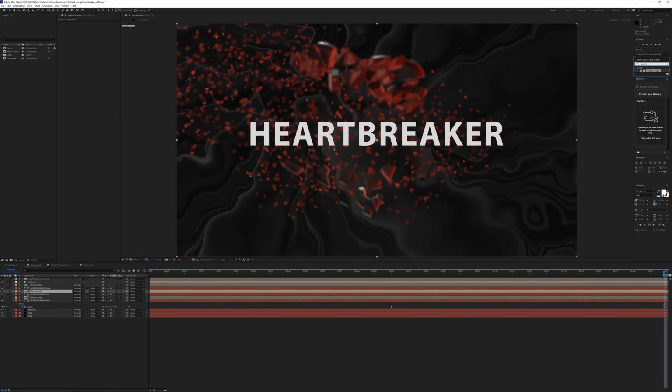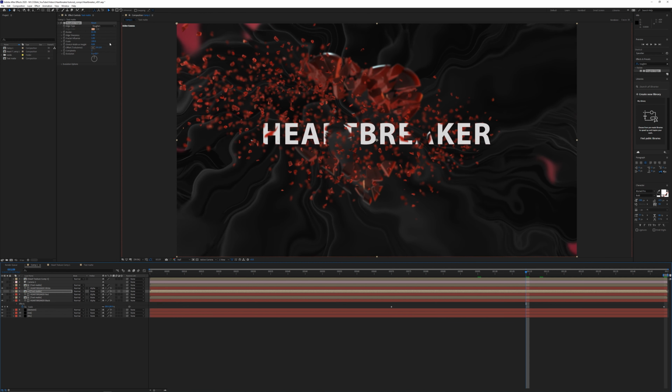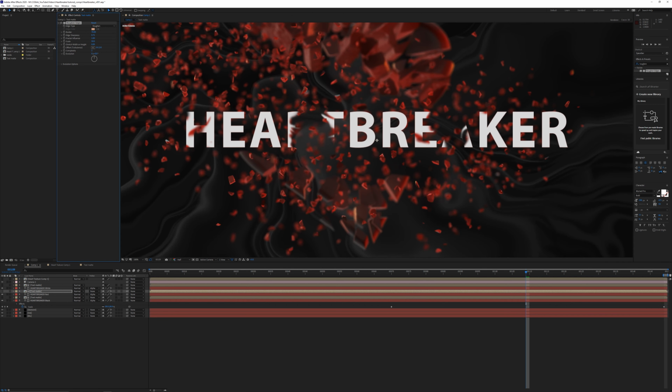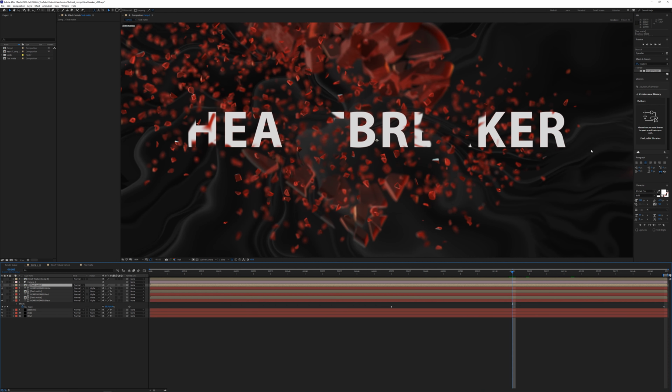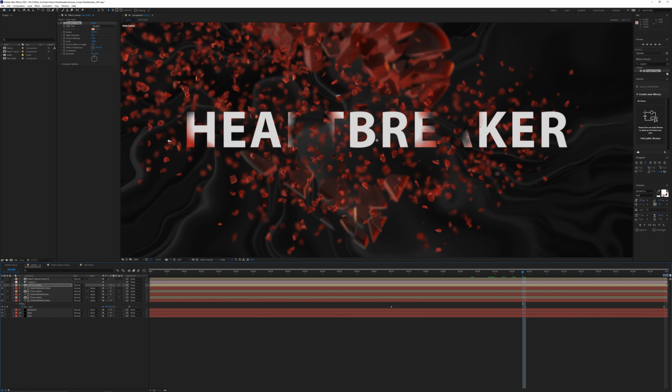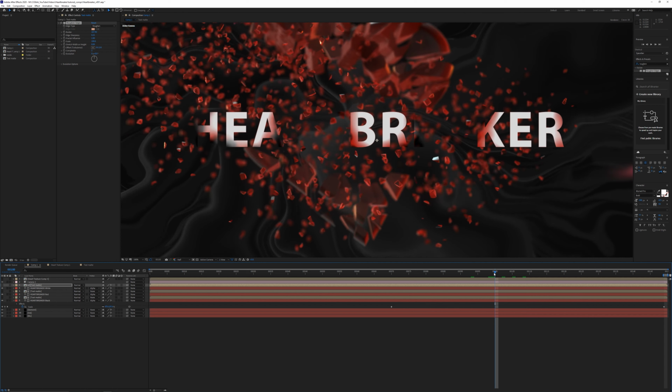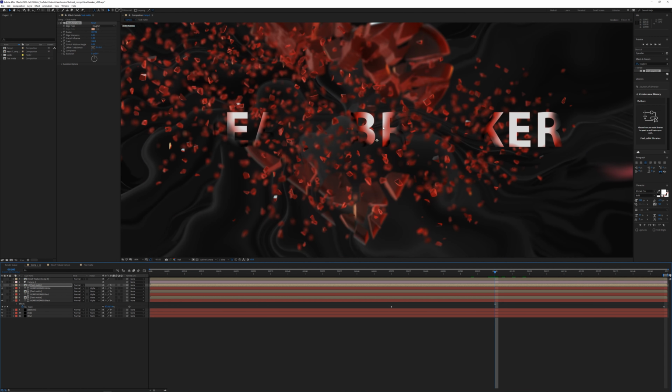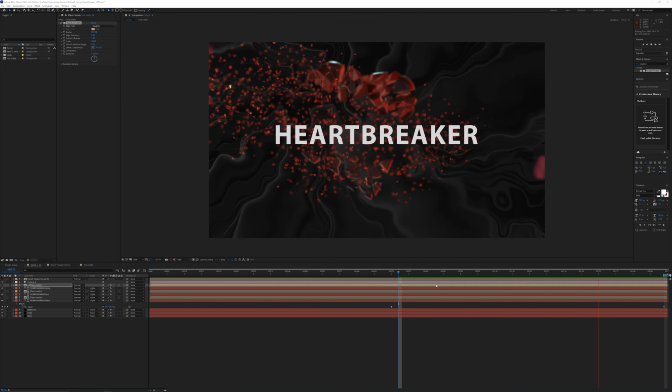So on the matte for Heartbreaker Red, we can grab a roughen edges effect. And on the border, we can crank this up quite a lot. So if we go backwards just a little bit, you'll be able to see what this is doing. For the edge sharpness, we can do something like 0.75. And the scale is 50, so you can see the red parts coming through. And then on the matte for Heartbreaker White, we can grab another roughen edges. And then on this one, we're going to crank that border up quite a lot. Drop down the sharpness to about 0.25. And now we have like 3 levels of color. We get some black edges, some red, and some white. And then you can play around with the settings on the roughen edges to get a pretty interesting looking result.